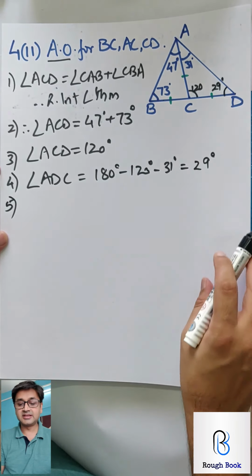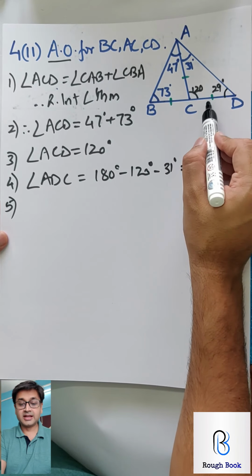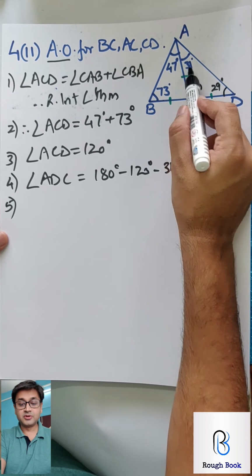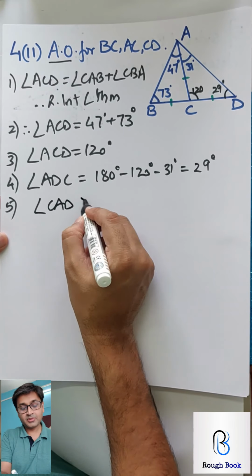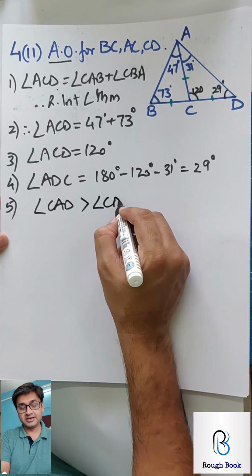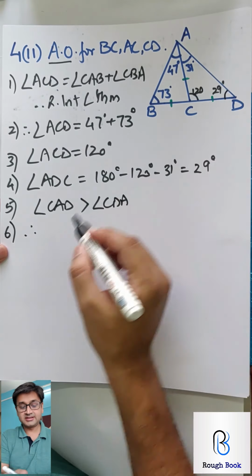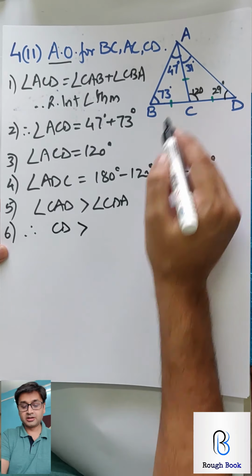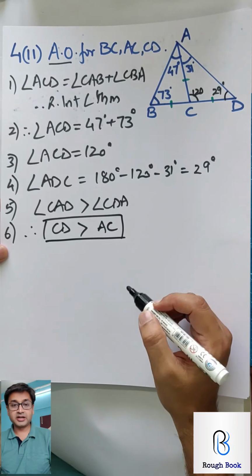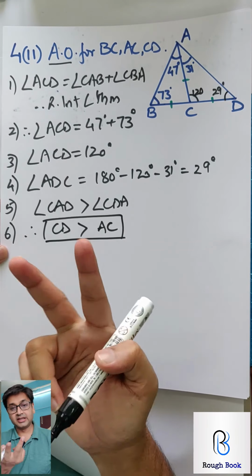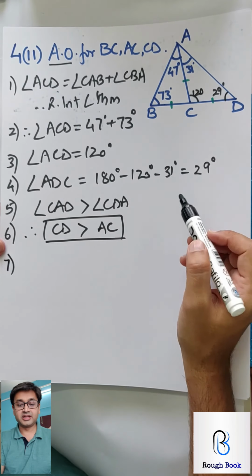So now I can easily say, since this is smaller, this side is going to be smaller, and this is bigger, so this side will be bigger. So first say angle CAD greater than angle CDA, and therefore opposite to CAD is CD, greater than AC. So at least we got these two parts. You're supposed to write an ascending order. This is descending. In the end, we will change it. Don't worry. So right now I got CD greater than AC.